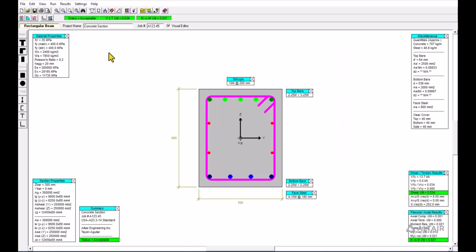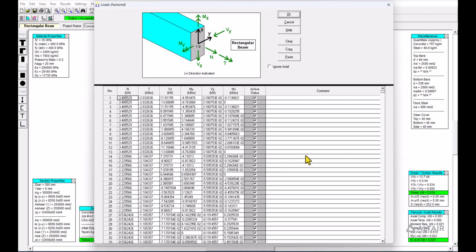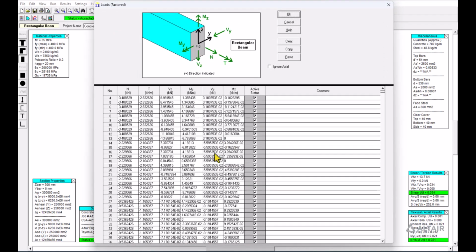I am not going to dive too much into this, as there are many different videos that explain how to concrete design beams and columns and other types of elements. So I just want to highlight that all of the loads that were obtained from our analysis